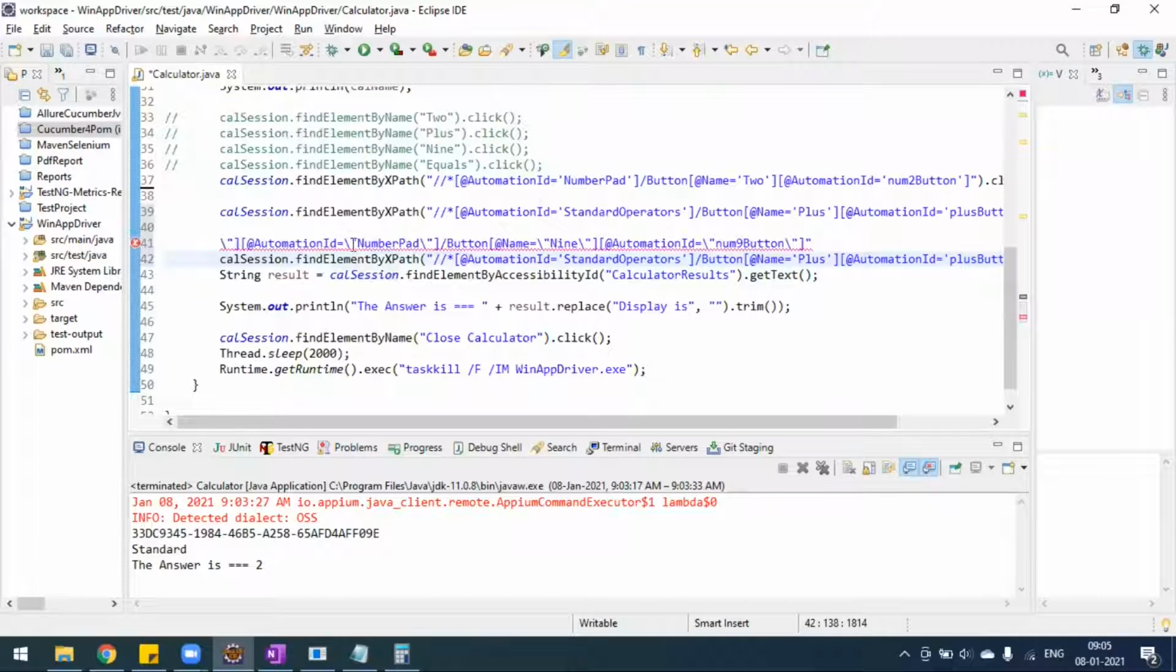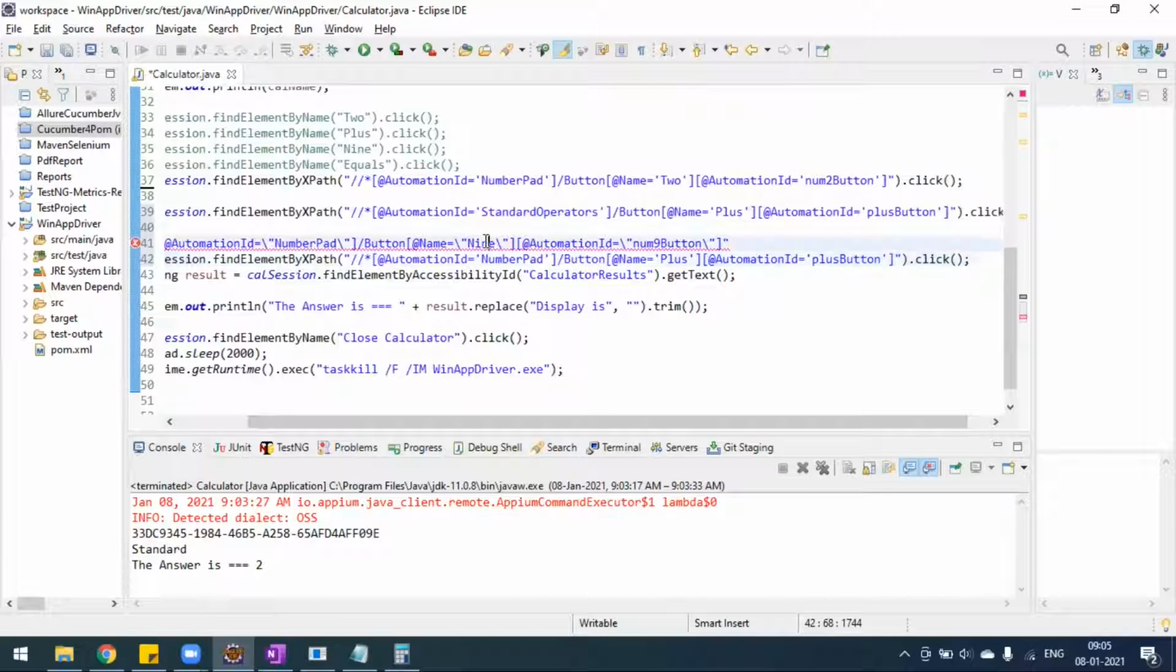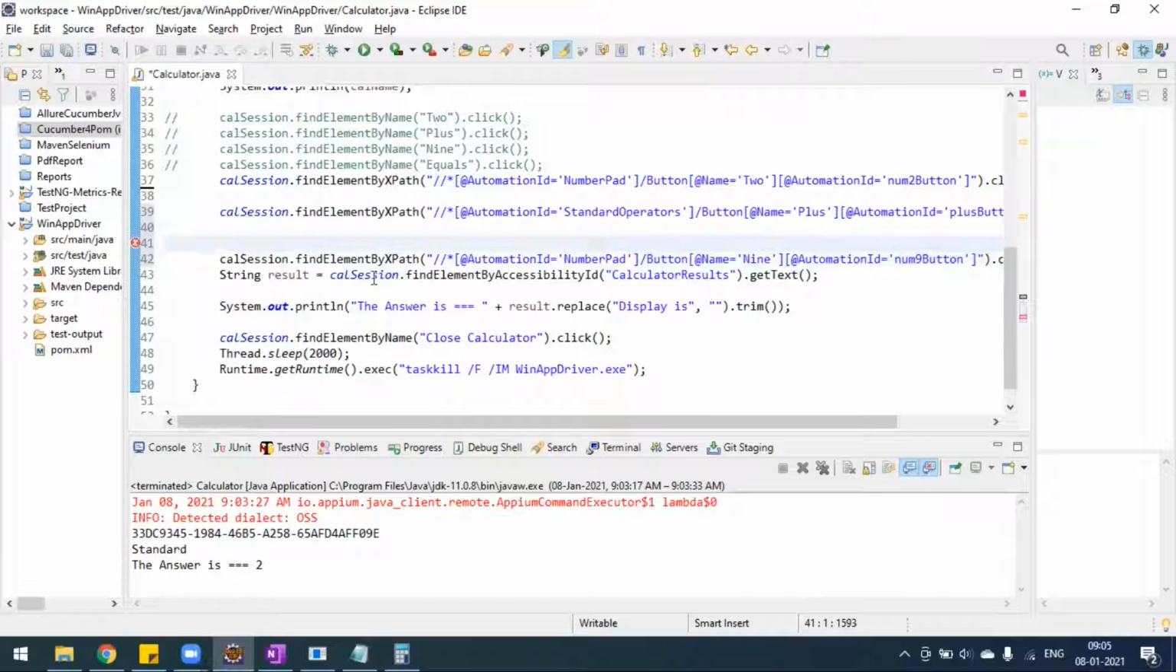Okay, so we have to make the corrections here. So automation ID is numpad. And what is the plus? Okay, button name is 9. After that, automation ID is num9 button. Okay, so after this, what we have to do? We have to click on the